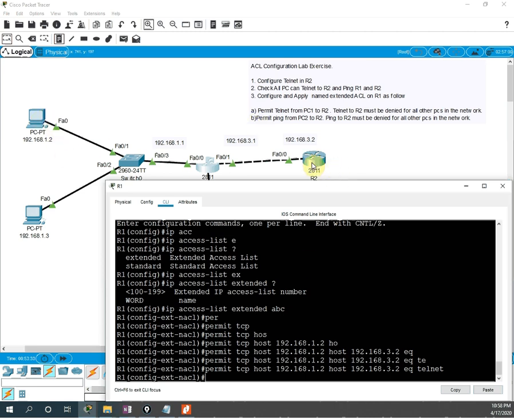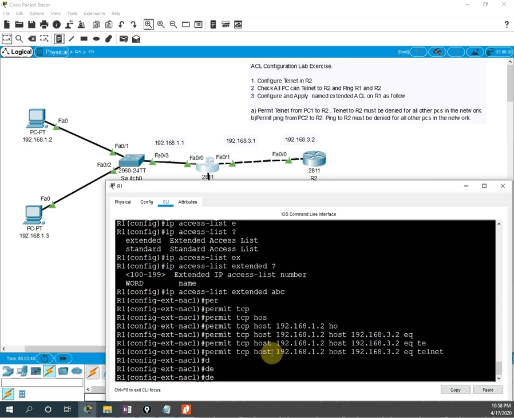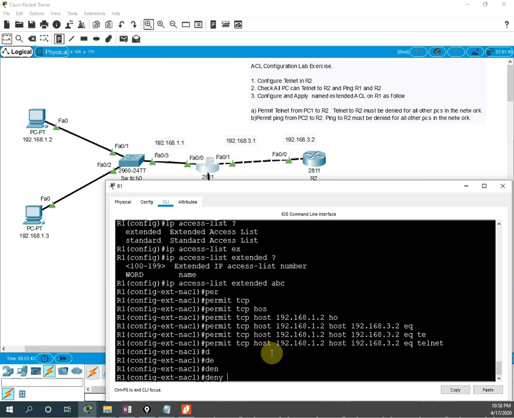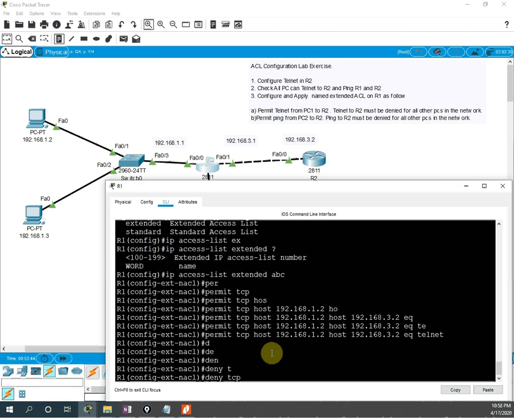Now I need to deny the whole network, the other PCs. So I will write deny, and if we press tab it will complete. Then tcp. Then I need to deny the whole network, so I will write 192.168.1.0, the network ID, then the subnet wildcard mask 0.0.0.255, three zeros and then 255.